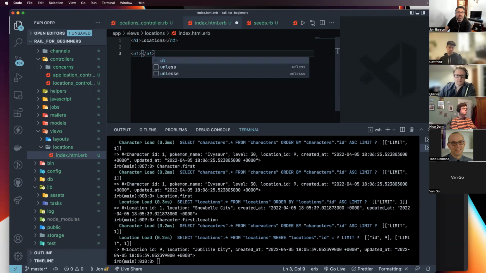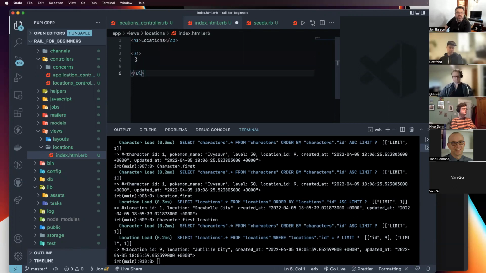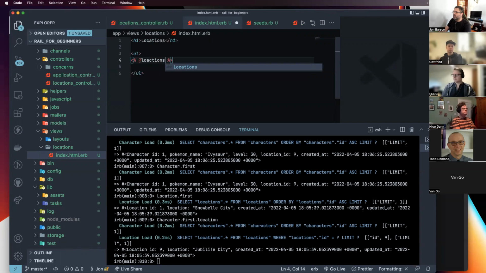And in here, we're going to create an li for each of those locations. So instead of doing it the React way, which is just a pair of curly braces, we use what we call alligators, which are more difficult to type, but that's okay. And we could put in code in here and it will actually run the Ruby in here. So we're going to say @locations